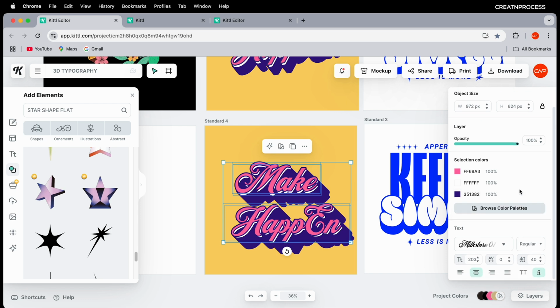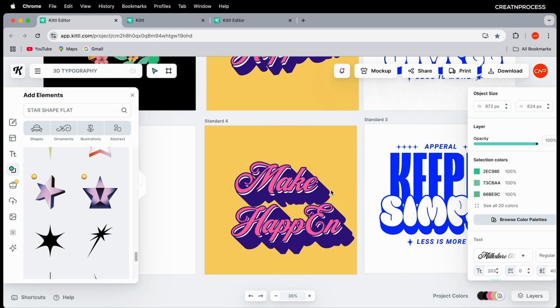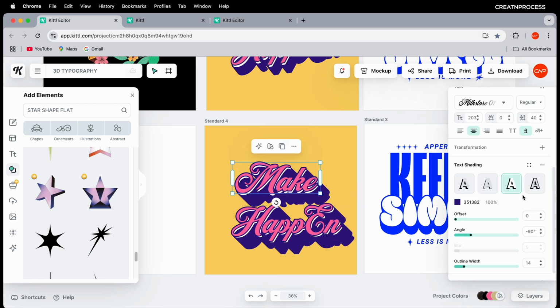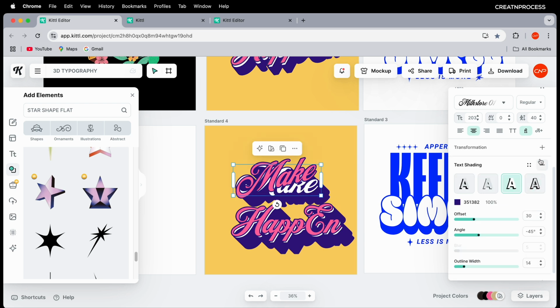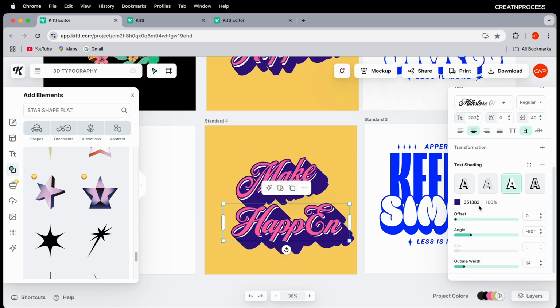So go over here, down, right? Select individually. Okay, select these, go down and let's add transformation and set an angle. So I think this is good. The angle is 80%. I'm fine with it. Add the transformation, and